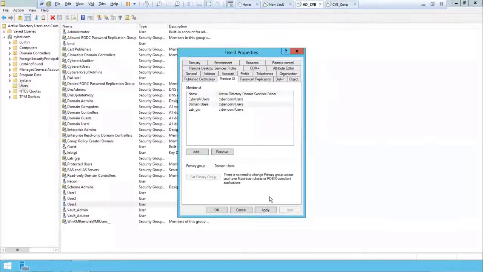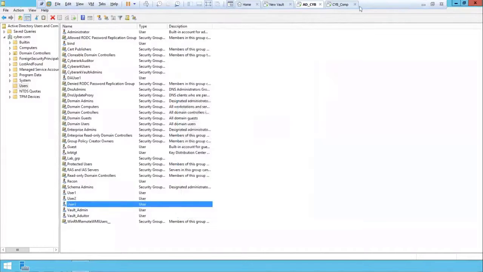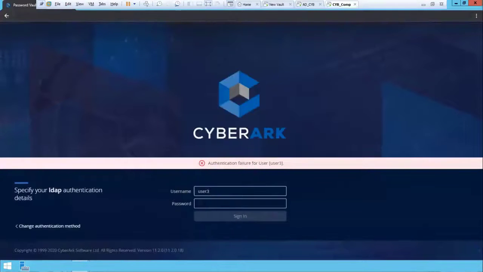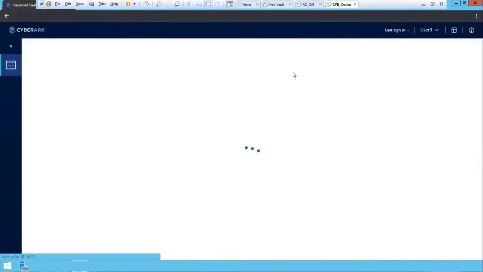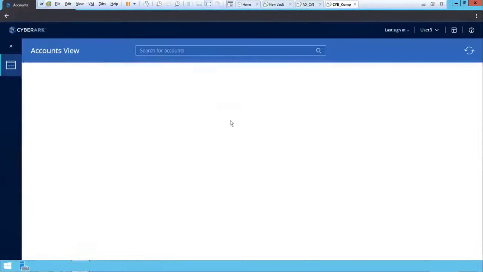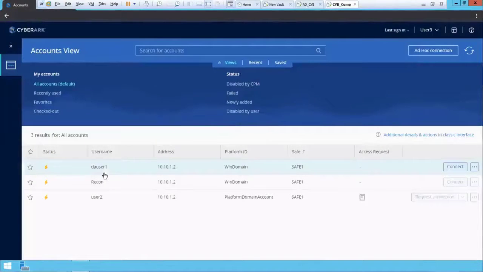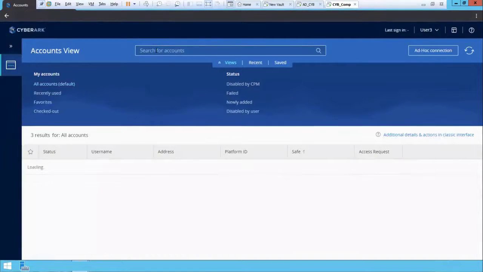Yep. Okay, if I log in, or maybe I could create any number of users, whatever, for that safe, the accounts are configured, I should be able to see everything here. But he is